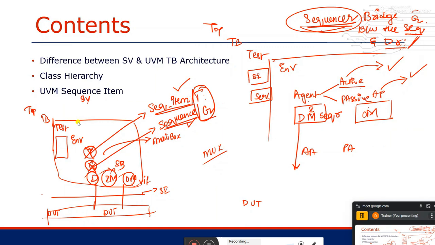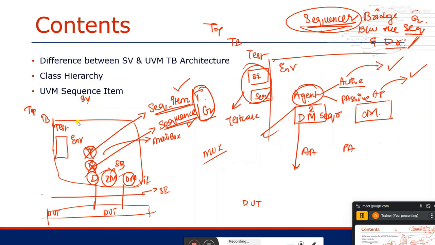Okay, that's about the extra one layer. See, one change that I made is that transaction and generator I pushed outside, to create some advantage for the test case writer. One more change that I made is that I have added an extra layer of hierarchy called active and passive agent. It is not compulsory to take both active and passive agent.